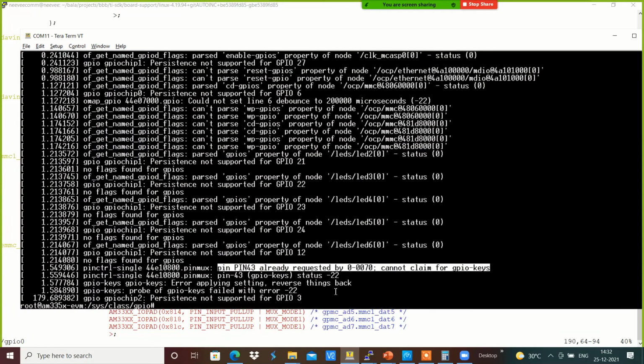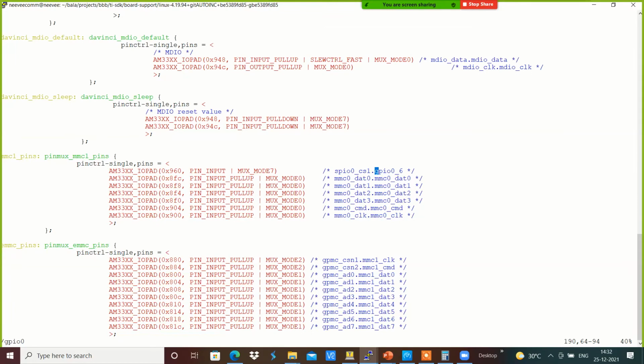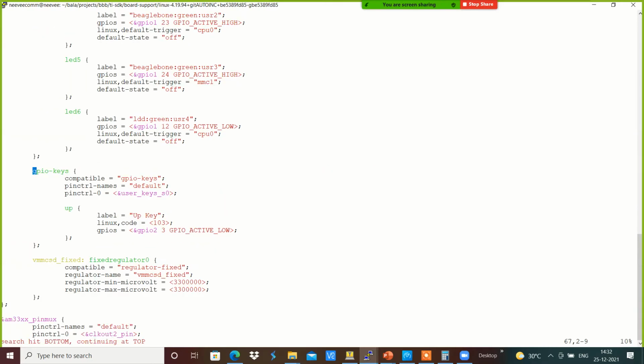It does not have pin 43 over here. GPIO-keys_3.